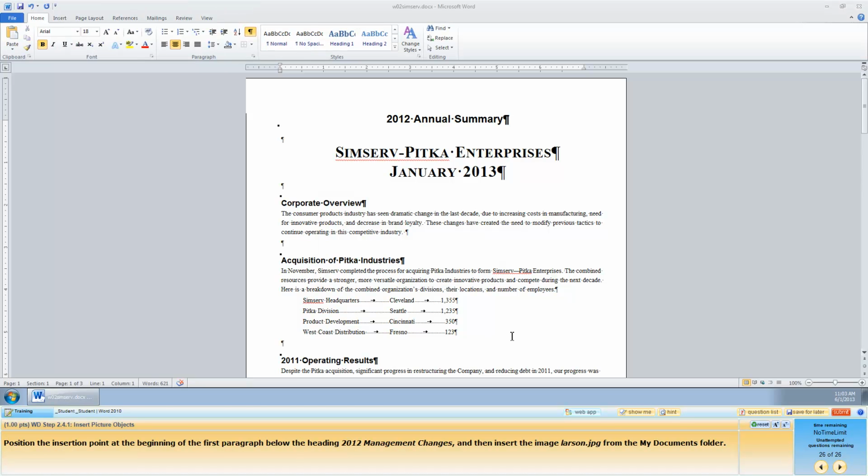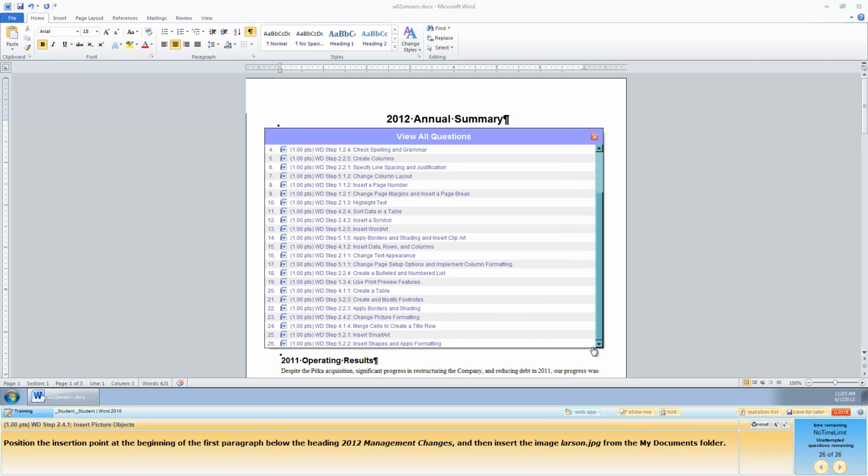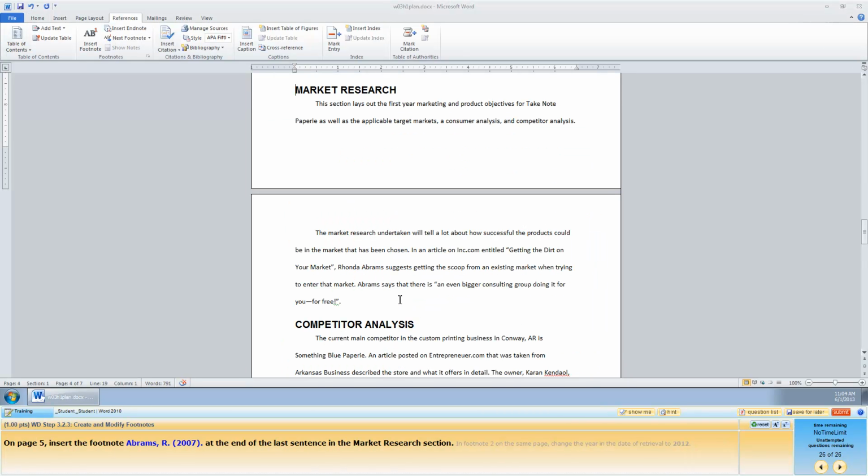So my suggestion, this is the actual test. This is the real test. You get to go through it once. Well, it's questions like the test, so you get to go through it one time. Now these are the questions. So say you're not sure how to modify footnotes. My suggestion is you go through the whole thing, just so you get the information.